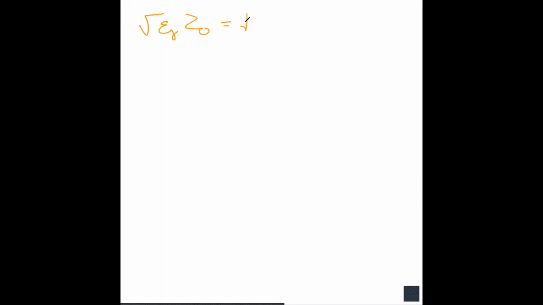We have 2.2 as the dielectric constant, and Z naught is 50 ohm. So when we multiply these two terms, we will get 74.2. And 74.2 is less than 120.